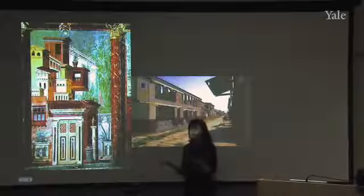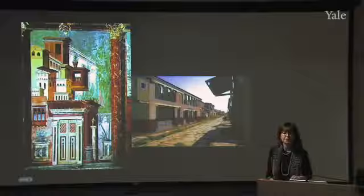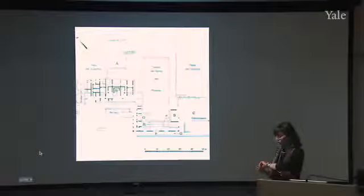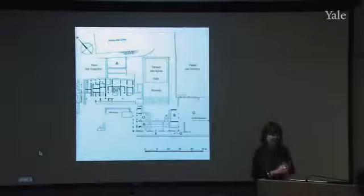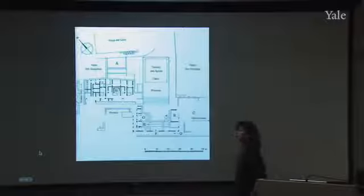Is it based on something that was built in wood that no longer survives? These are questions, perhaps unanswerable questions, but ones well worth pondering. I want to show you in the few minutes that remain just two more houses quickly. Both of them are important because they belong to the emperor and empress, to Augustus and